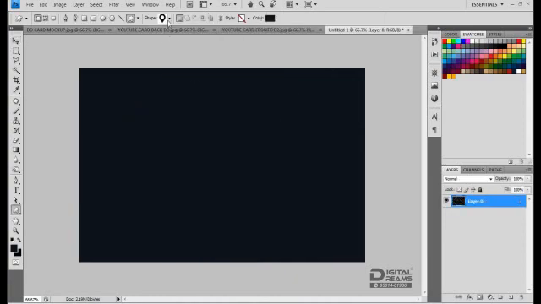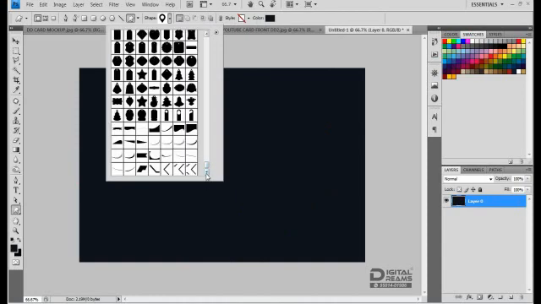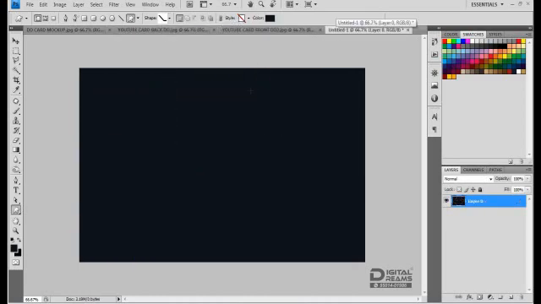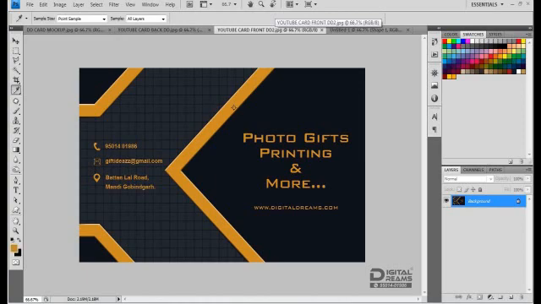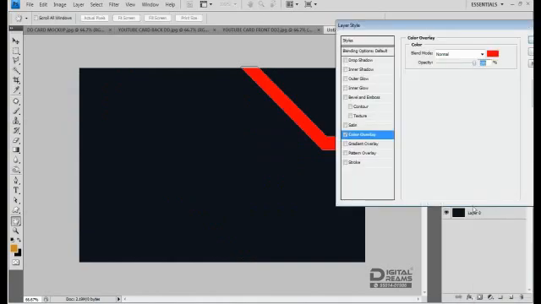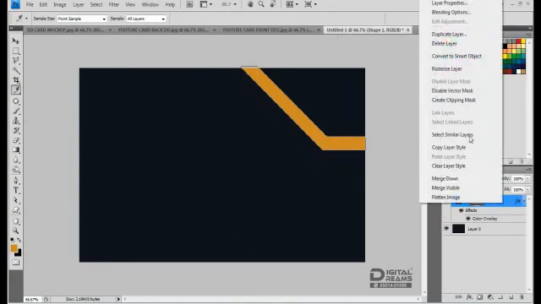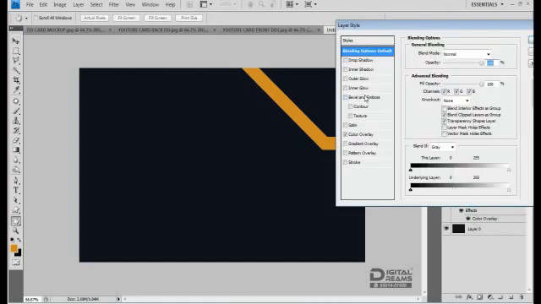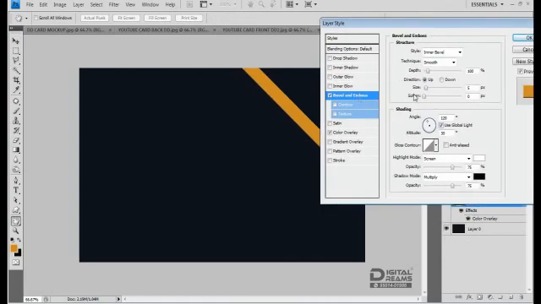So we'll go to custom shape, and this is the shape over here. So we'll draw it like this, and we'll take the color using the eyedropper tool and I'll fill it with this color, and we will rasterize the layer. Go to effects and give it a slight bevel,